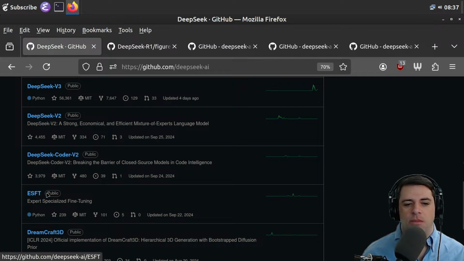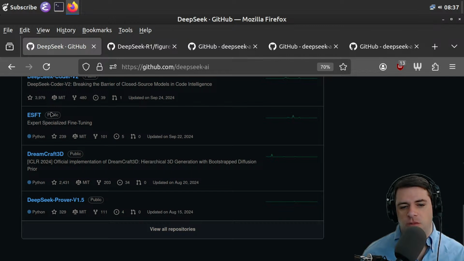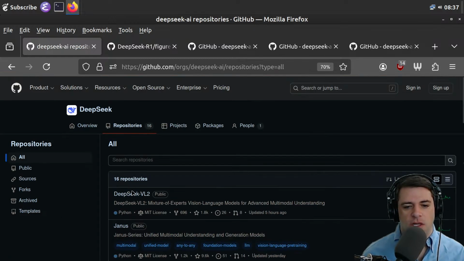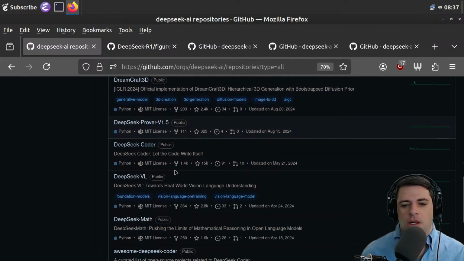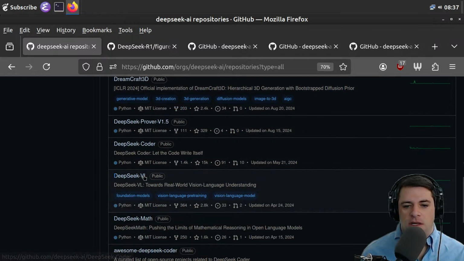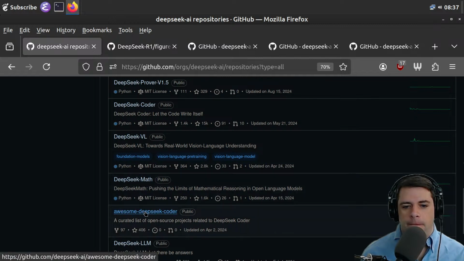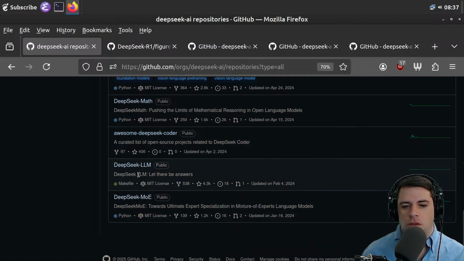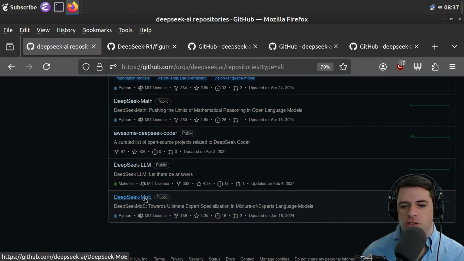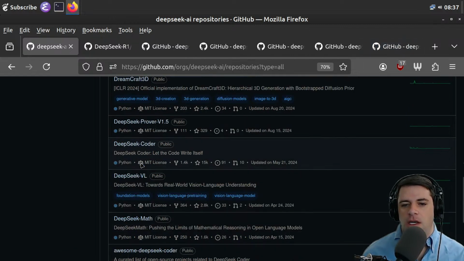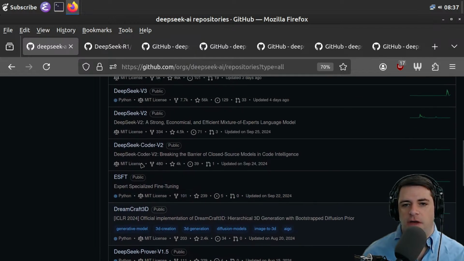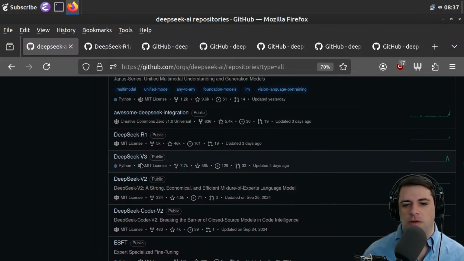And there's some fine-tuning, presumably some sort of library. Deepseek Prover, which is of interest to me, but probably less of interest to everyone else, which is, I think, from their theorem proving paper. And then Deepseek VL. And then here's the MOE, Mixture of Experts. I'm guessing that some of these are papers. And in fact, maybe the prover is also papers.